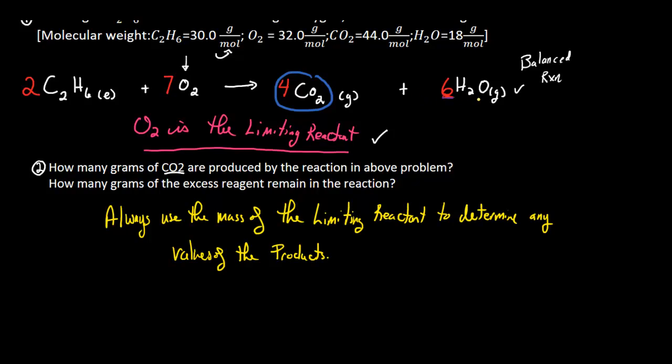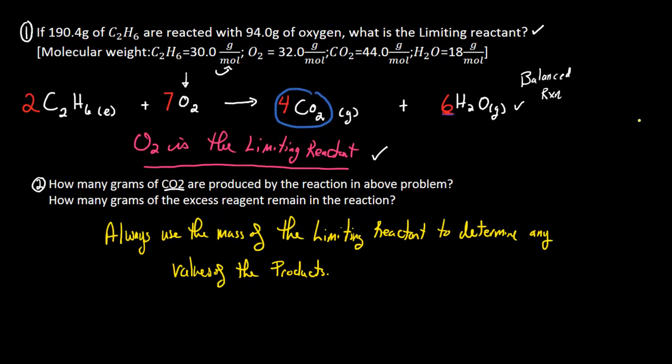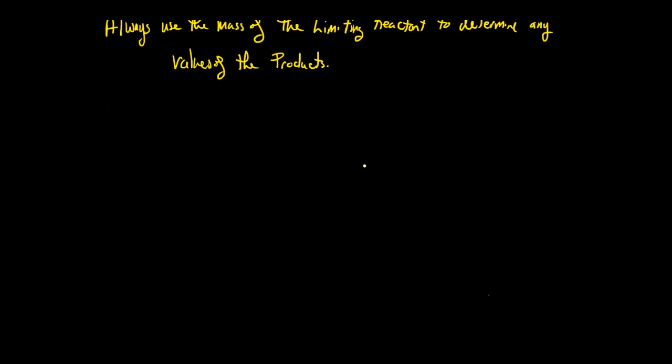You could be asked to find the mass of water produced. You could be asked to determine the moles of carbon dioxide produced or the moles of water produced. Whatever we want to determine, anything that's produced, we always start by using the mass of the limiting reactant. Here we are given the mass of the limiting reactant that we started with to be 94.0 grams of oxygen. So I'm going to go ahead and start with